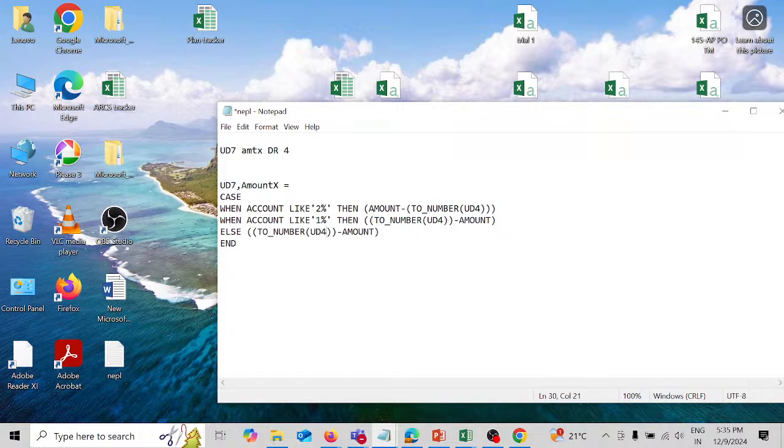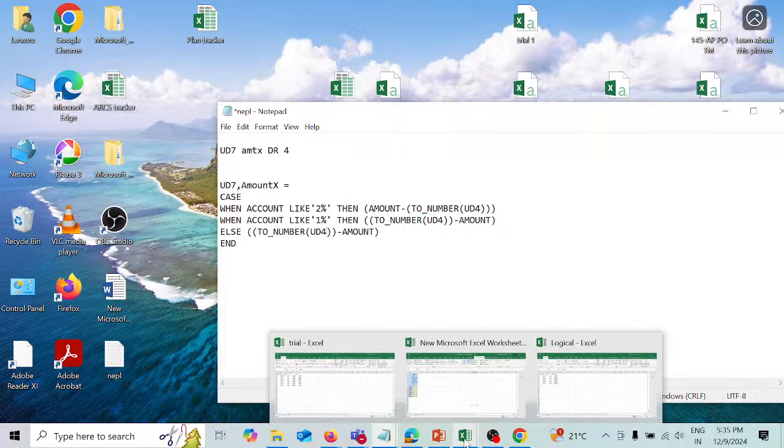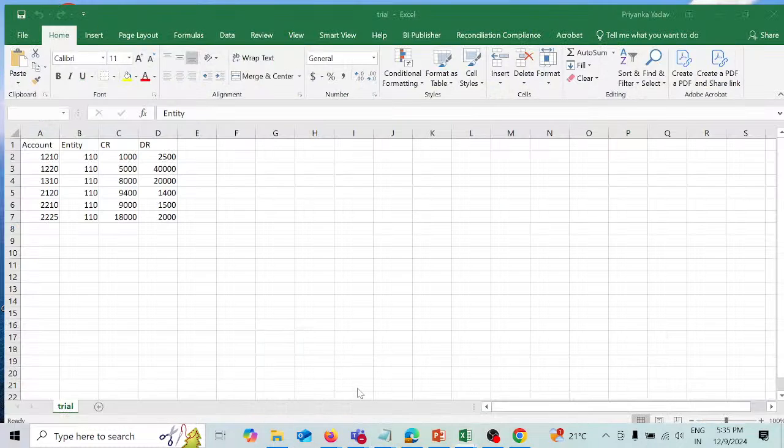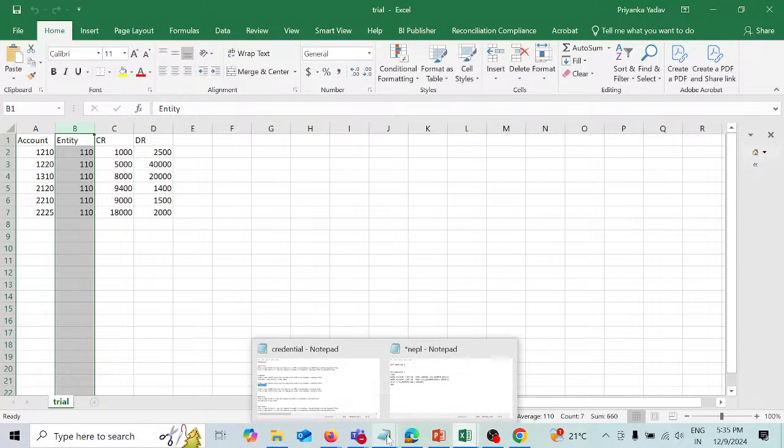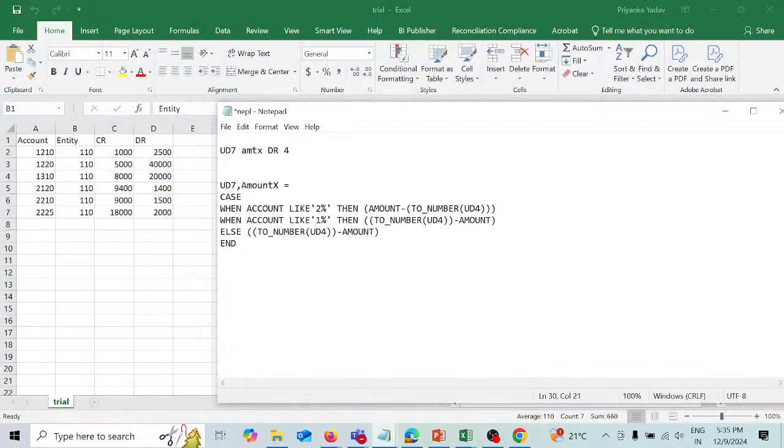this, we are going to use the script, and we have given the case. Okay, the case is when the account, now these are the commands of the script, so you have to follow the same commands over here. So if the account is like 2%, per c2